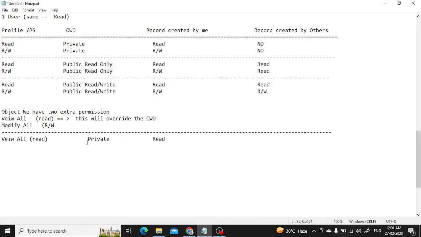So what is the OWD? It is private, but this says no, this is not correct, I will be the boss. So what is the permission? Read. So it will override this and this will be applicable. So you will have at least read permission if it is the view all. Second, if it is the modify all, then